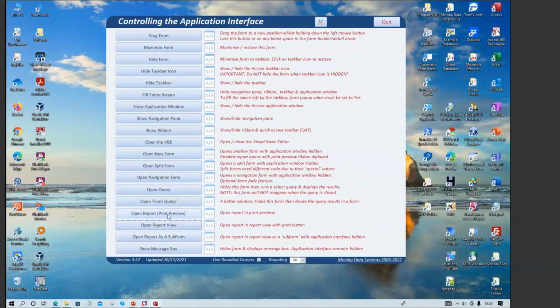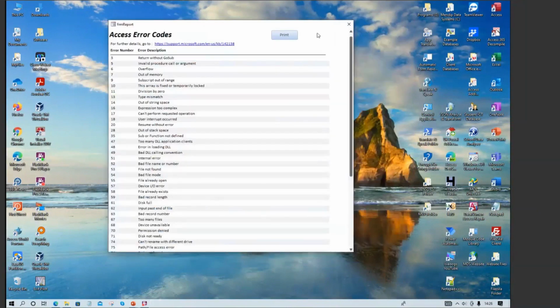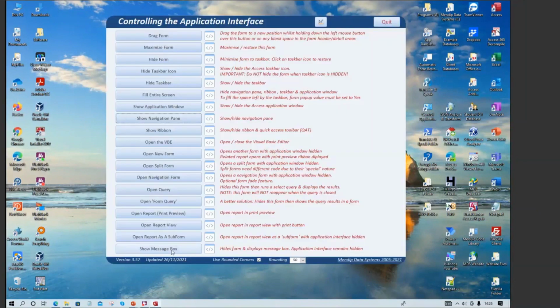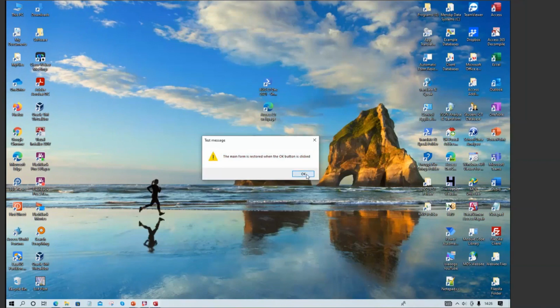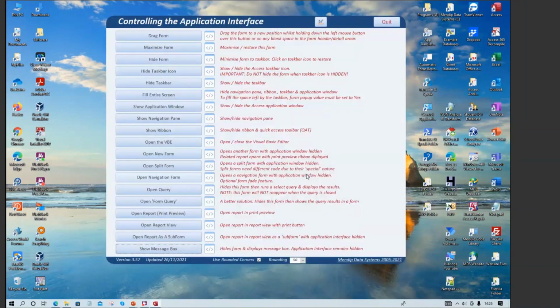And a third method, it looks almost identical to the other one, but it actually is to make the report part of a form as a subform of that. As I say, it looks almost identical to before there. I'll show you that in design view later. And lastly, you may not be very impressed with this, but if you wanted to, you can have a message box sitting on its own on the screen as well. And that probably took me longer to get that working than any other single part of this. You may think the effect isn't particularly worth it, but alright, it can be done with a standard message box. It can't if you use what's called a formatted message box, however.